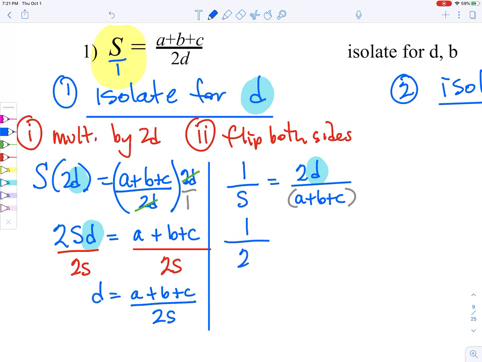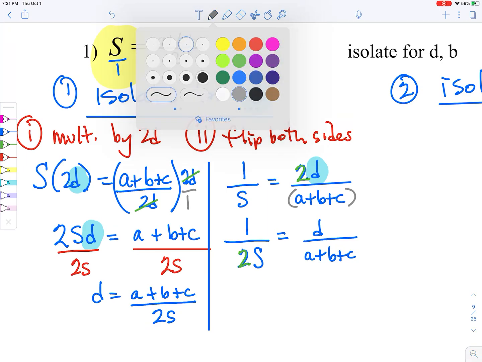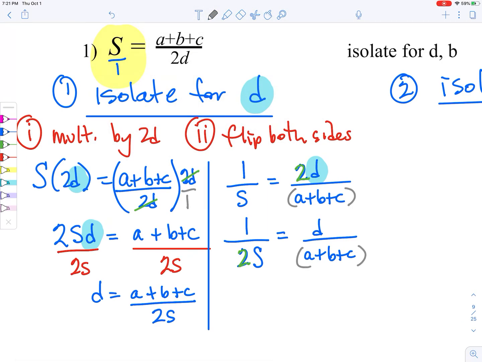So it would move down here. The times by 2 turns into a dividing by 2, which means it goes on the bottom. D stays up top, a plus b plus c. And now if I want to get rid of dividing, when it goes to the other side, dividing on the one side would turn into a plus b plus c times 1, which is just a plus b plus c,